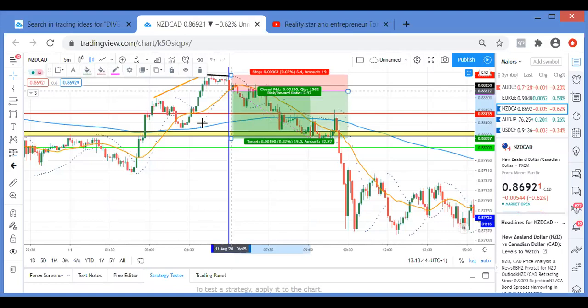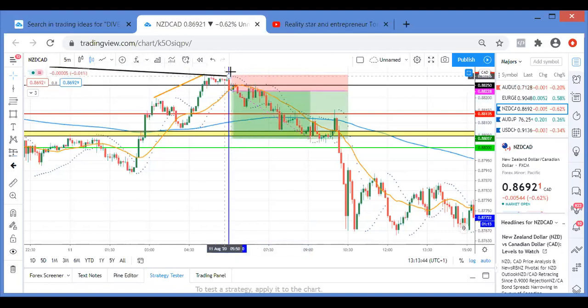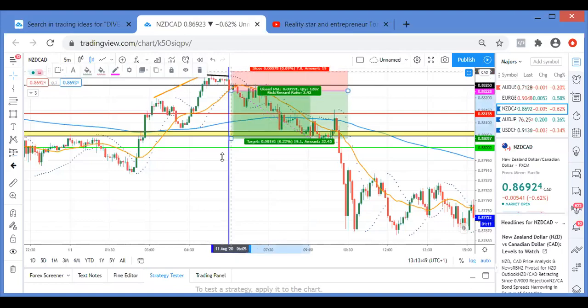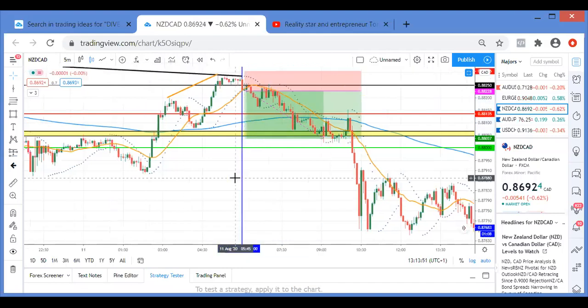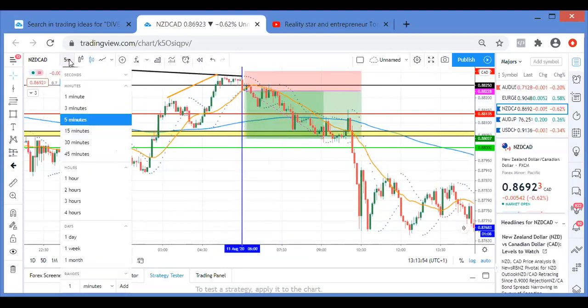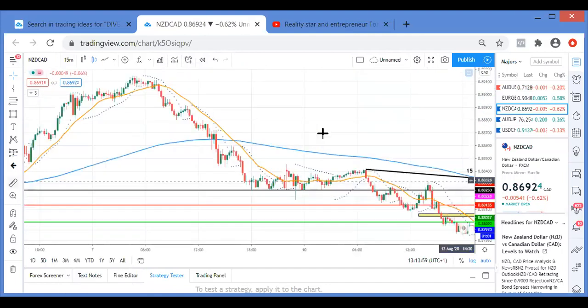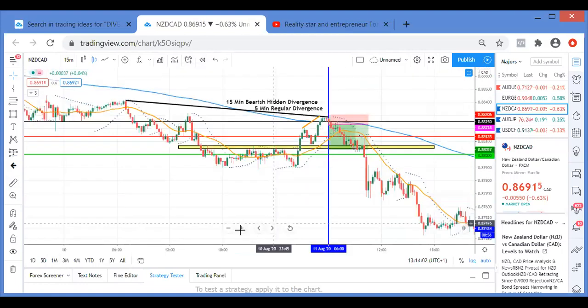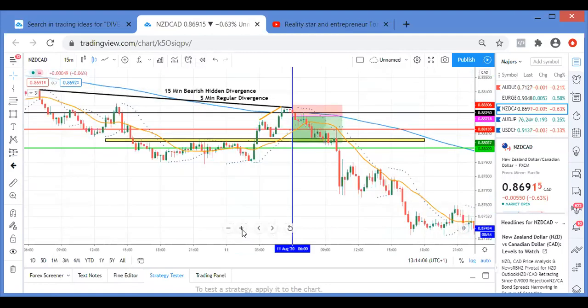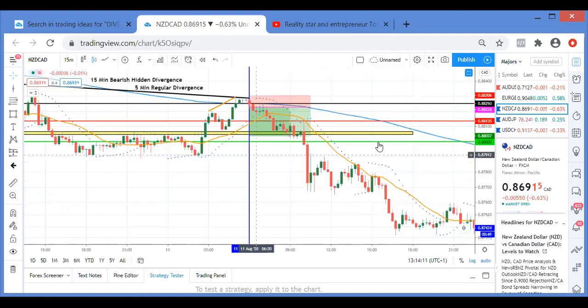My stop loss will be above the last high, which is right there. And in regards to targets, the way I do targets is I go back onto the chart that I analyzed, and I'm looking for lows. As an example, I'll show you. I'm looking for where the market created a floor. So look, here's a floor, and here's a floor. So my target will be around here.